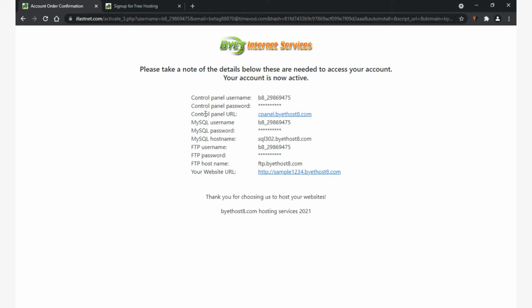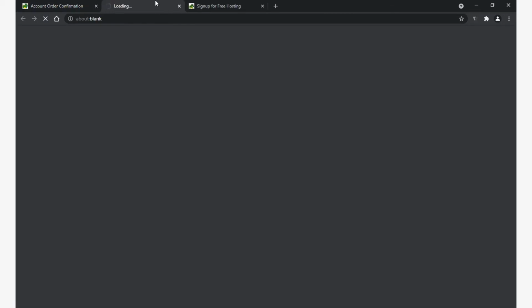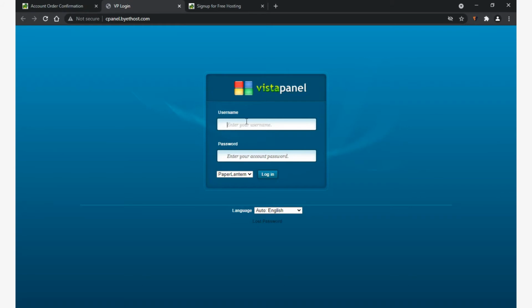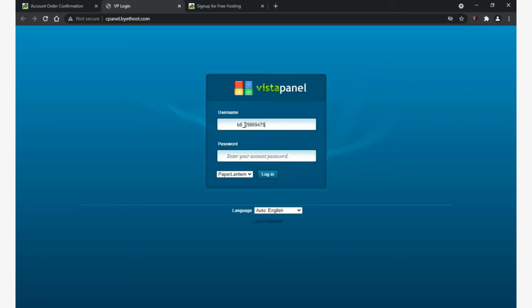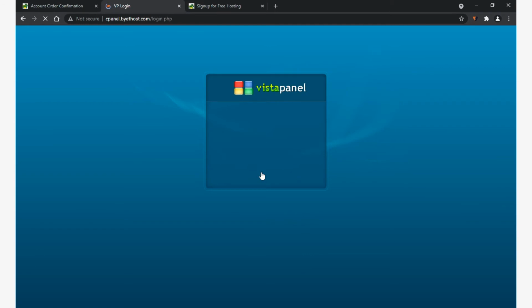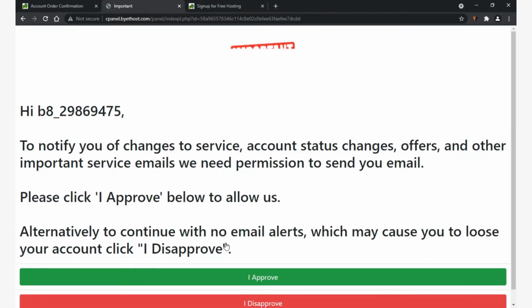First we go to our control panel. This is the control panel. The username is given here and the password is the password you gave during registration. Just click agree.